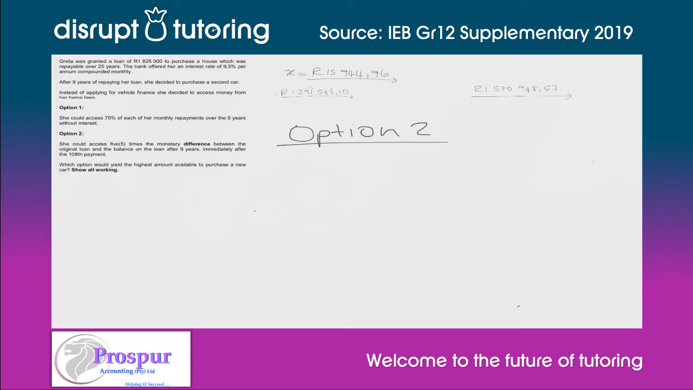All right, so she could access 5 times the monetary difference. So what is the difference? So the difference is going to equal the original loan, okay, which is the 1,825,000. We're going to subtract the amount that we've worked out over there, which is the difference between the accumulated amount and what we've already paid. So that's going to be 1,570,948.57, not a zero there, apologies. So that's going to give us a difference of, and I'm going to plug it into my calculator with you guys,